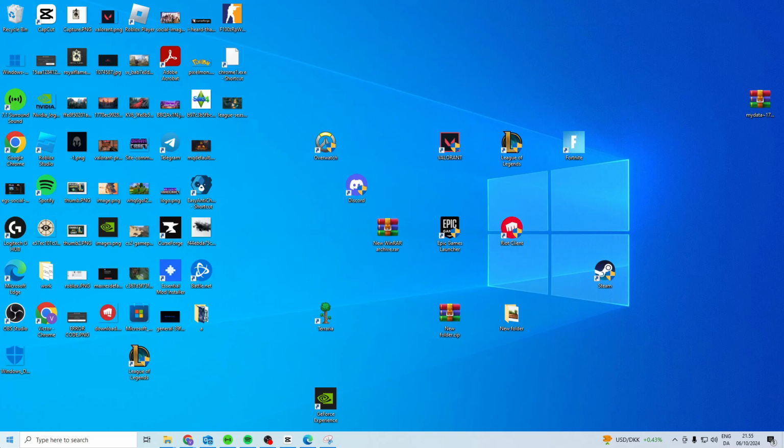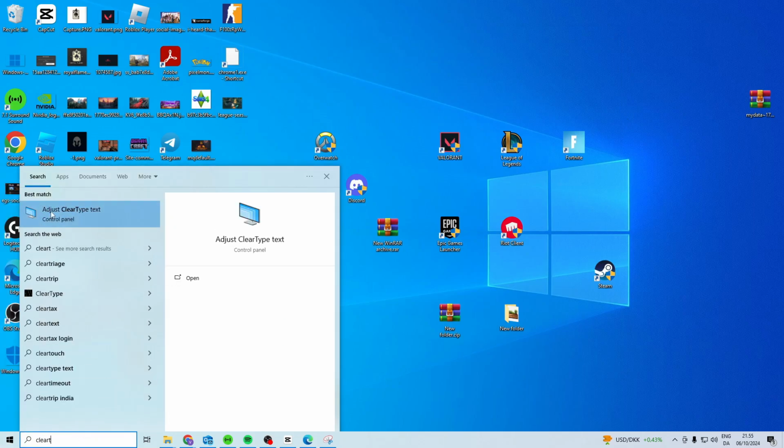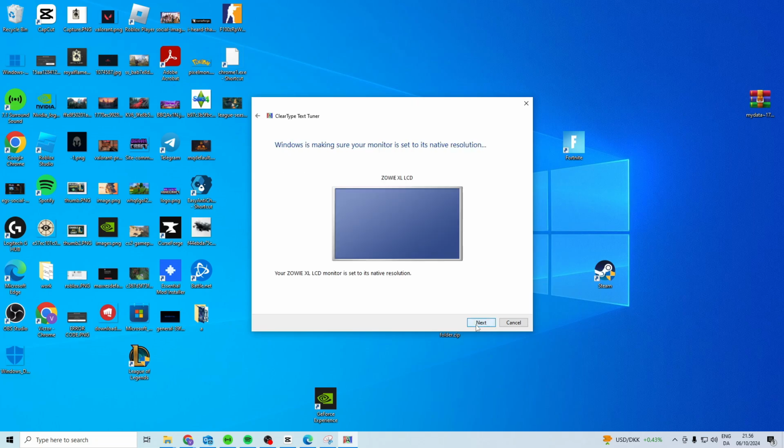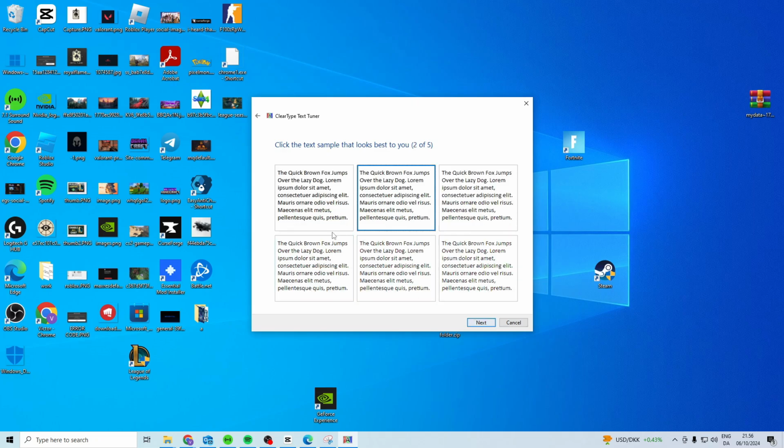If it's still not working, what you can do is come down here and search for clear type and do the adjust clear type text. Make sure you turn this on by clicking on this, go next, and in here you want to choose the text that looks best for you. Now this one is for me, this one is for me,